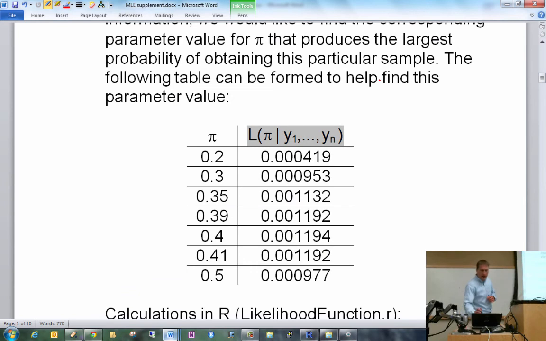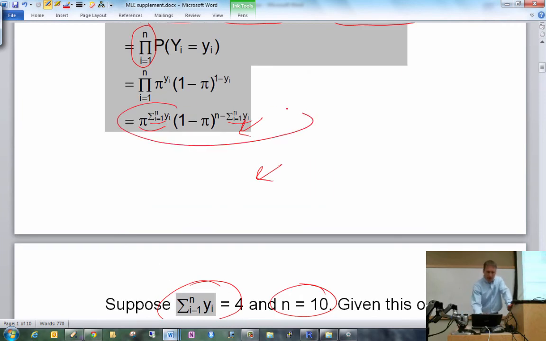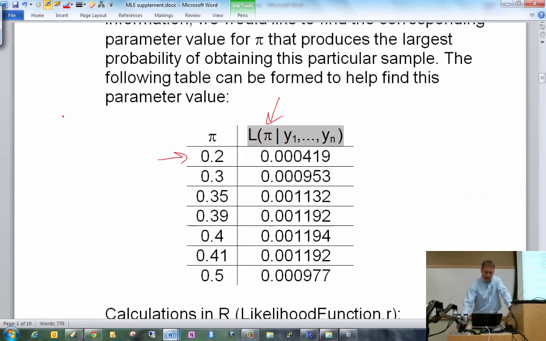Since this is a function of pi, why don't we just stick in possible values of pi? Essentially, the likelihood function keeps increasing the more plausible a particular value of pi is. The most plausible value of pi is what causes this likelihood function to be maximized. So I plug in pi equal 0.2 into this equation, where the sum of the y's is equal to 4 and n is equal to 10, and I get